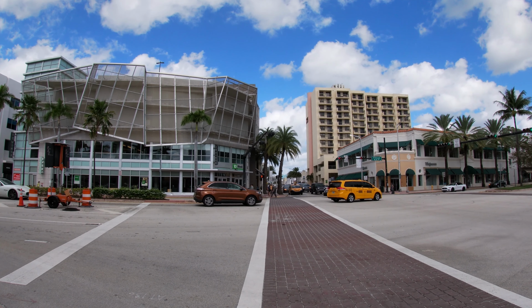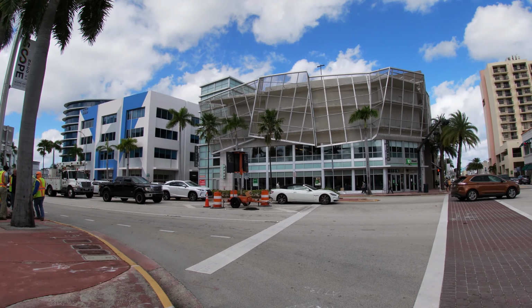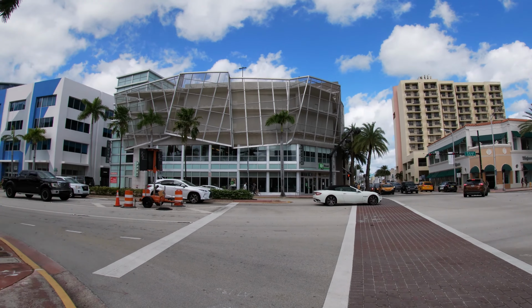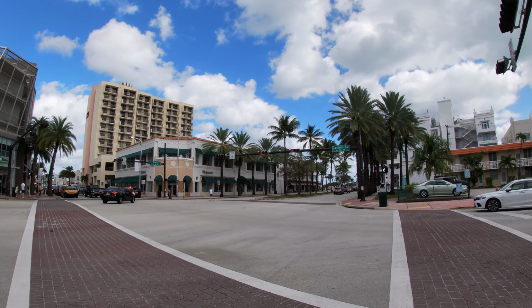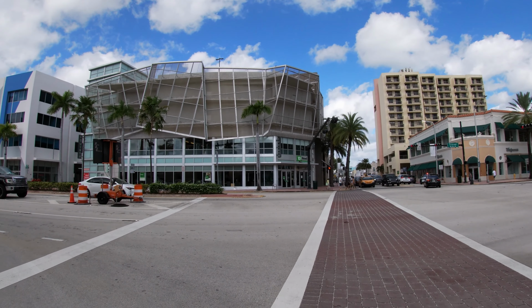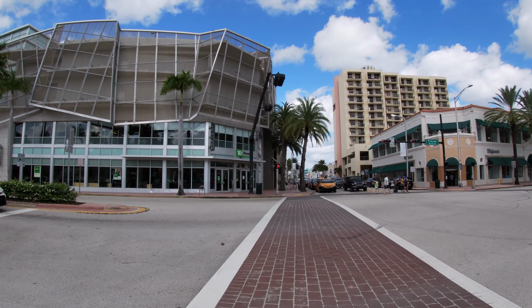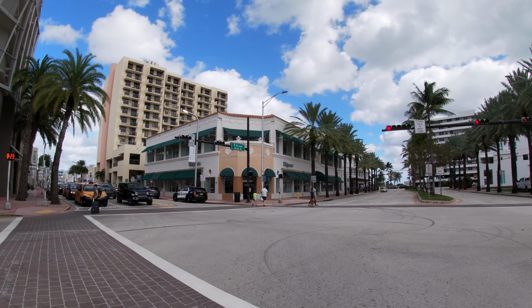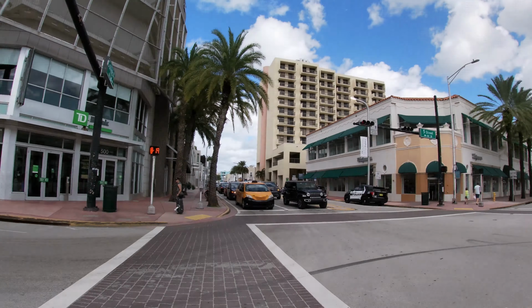Actually, I think we cycled twice here, but I've not been very impressed with their cycling lanes, or rather lack thereof. I don't feel comfortable cycling here. We've done it twice, and each time neither of us felt comfortable, because even though there are some painted cycling lanes on the streets, they're not partitioned off. They're just painted. That's never provided any sense of comfort for me, even when Toronto had painted cycling lanes as well. Now they're upping their game. But yeah, as I was saying,